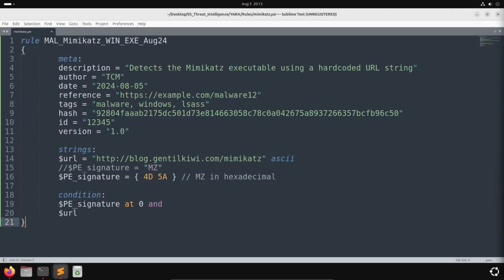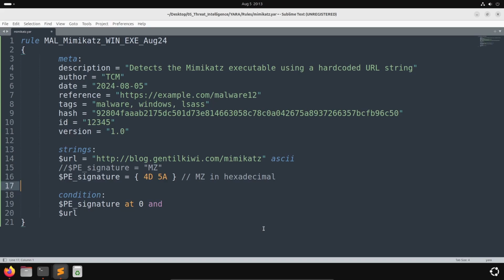Now, another thing we can do here is instead of manually entering the file signature as one of our identifiers, which is not always a bad idea, because for example, maybe we want to look at the JPEG file header instead, or the PDF, or the doc header. But there is a module that we can import into our YARA rules that will simplify the executable file check